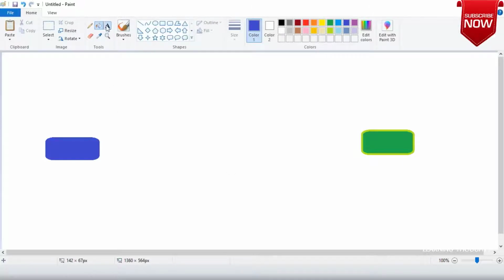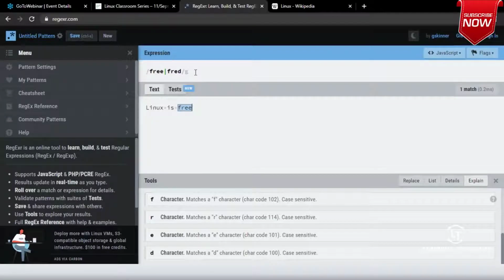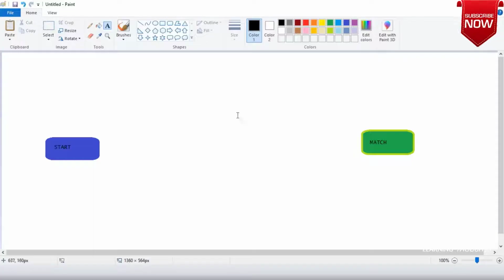And over here, start and then let me have a match. Now what is it we are trying to write? Free or Fred. Generally we can come across two different kinds of implementations for this.